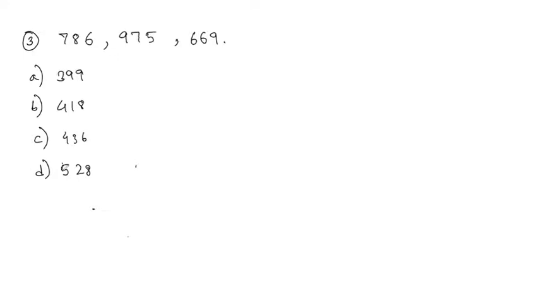So this is a different type of question because in the options there is not a set of numbers, there is a single number. Sometimes the relation is not number to number, but within the same number itself, between its digits. Let me explain it to you. Usually with such big numbers, you should try the sum of digits. Now 786. How many digits are there here? How many digits?